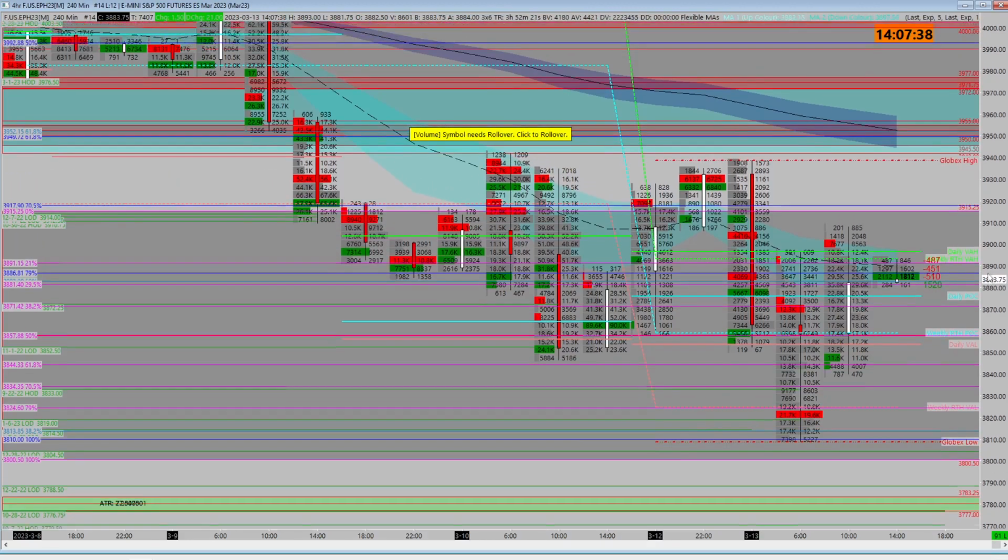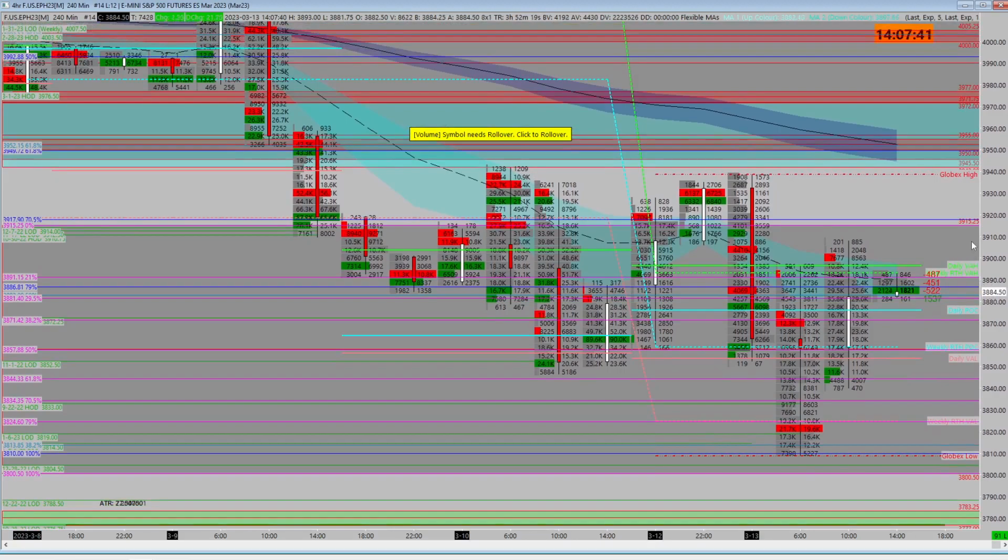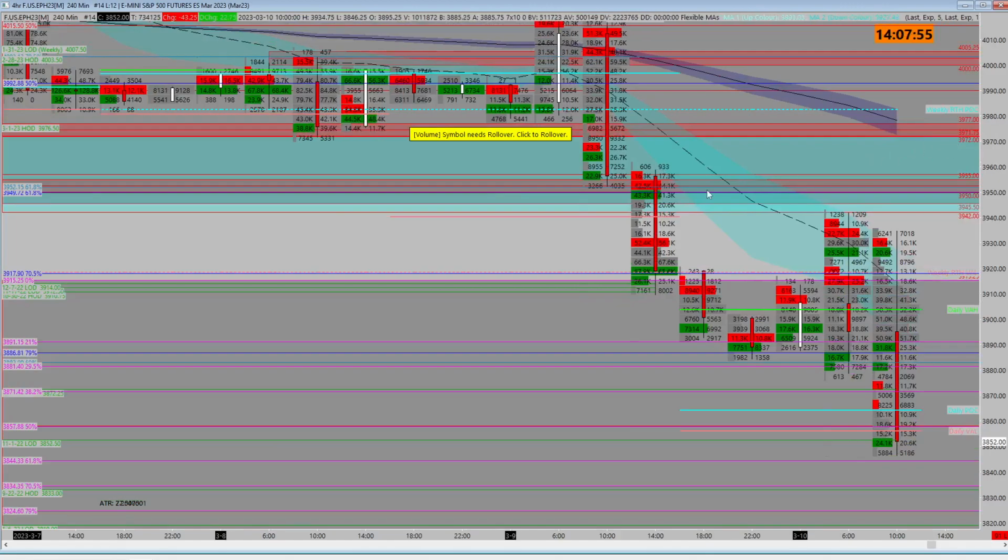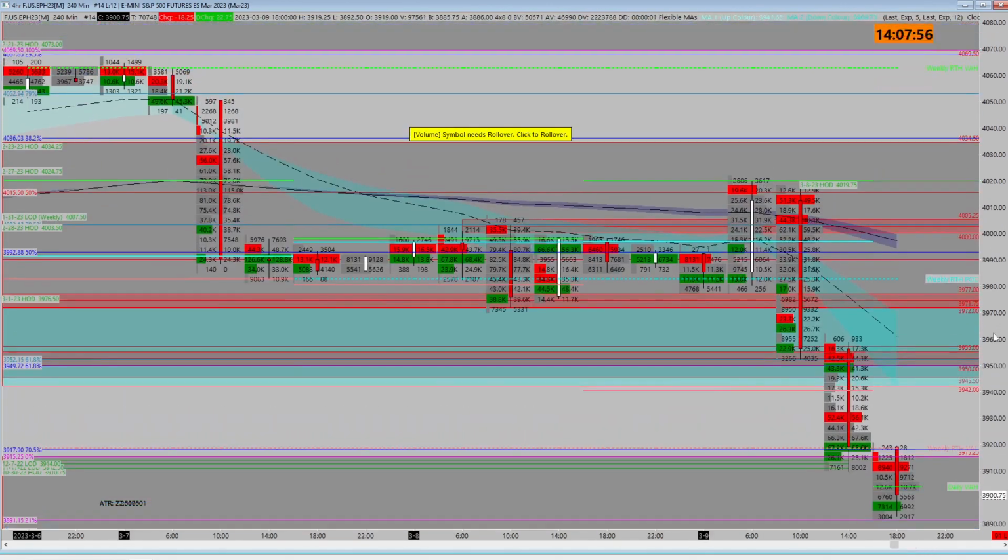So things that I look for here, on the TPO, I look at the tops, bottoms, overall shapes of profiles. I look where value area highs, value area lows are, points of control. Here, I'm looking for things such as an offer. What's an offer? The selling imbalances. So if I just scroll back, for example,